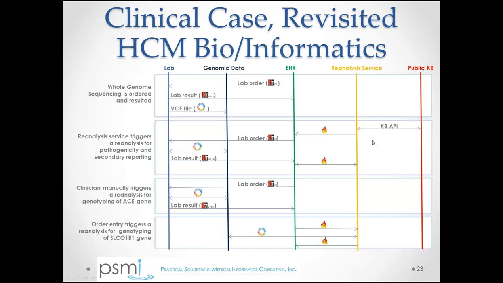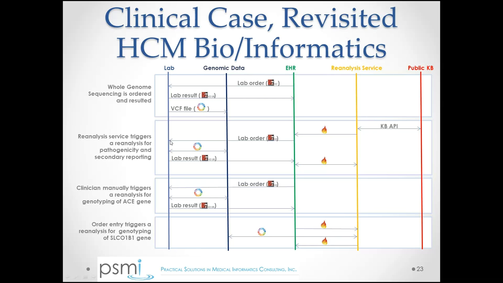And so here we have this reanalysis service, which is communicating with public knowledge bases, and the reanalysis service comes to learn that there's been sufficient changes in pathogenicity, or there's been updates, or maybe a year has gone by. I'm going to send a trigger to the EHR, and that's going to prompt the EHR to send an